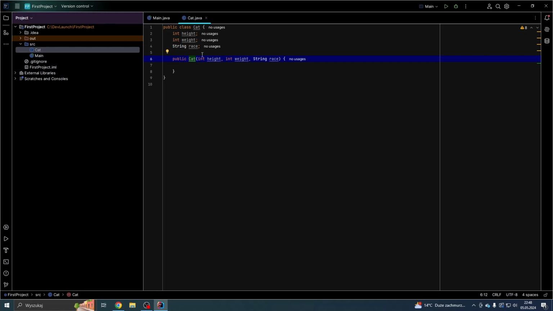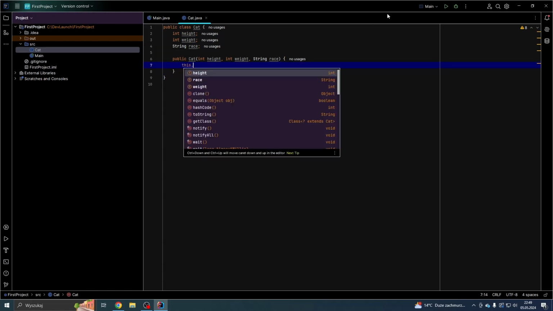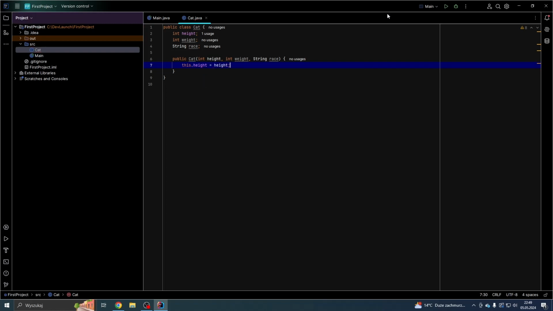And then in the parentheses, we've got the arguments of a method. In this case, height, weight, and race, because this is where we want to put those values into the fields that are here, because currently they have no value. So in order to do that, we're going to write this.height equals height. This means that the value of the field height, marked by the keyword this, is going to be the height that is being passed in the method, as you can see by the highlighting that IntelliJ does for me. So this height is the same color as this one, and this height is the same color as this one. Let's do the same for